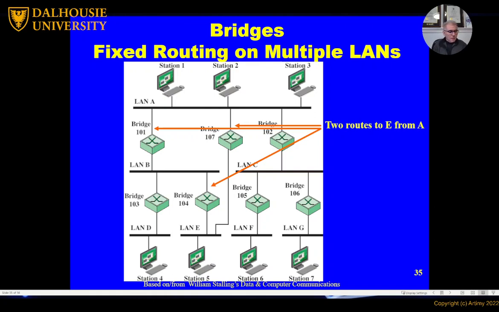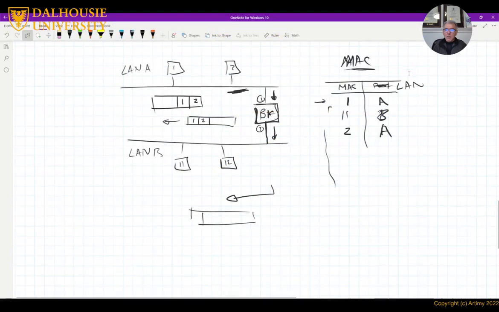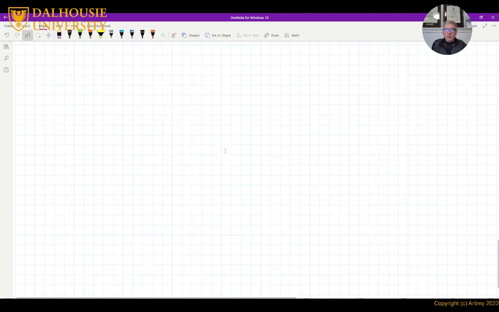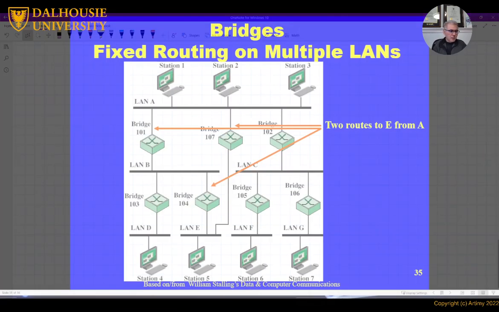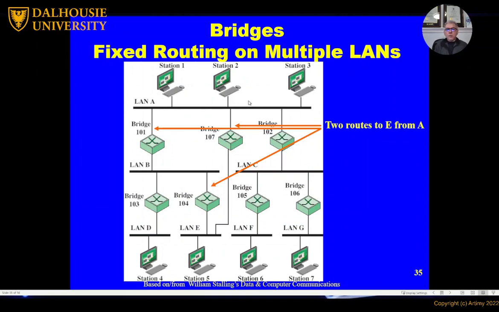This mechanism, the MAC learning, is good if I look at the network that I just showed you on the slides. It's good in a situation where I have a network like this. All of these are bridges, and station 1 wants to talk to station 6, station 4 wants to talk to station 3. So initially, bridge 101 looks at the frame and says, I don't know where the destination is, so I'm going to send it to the other port, right?